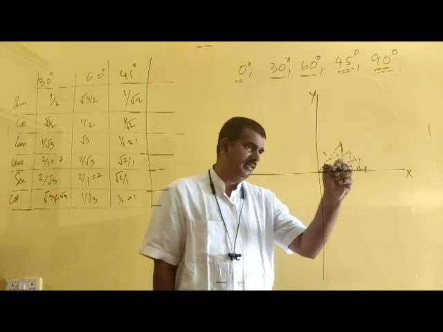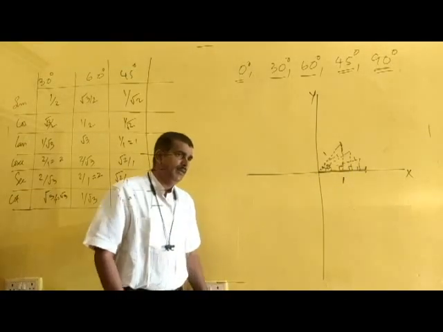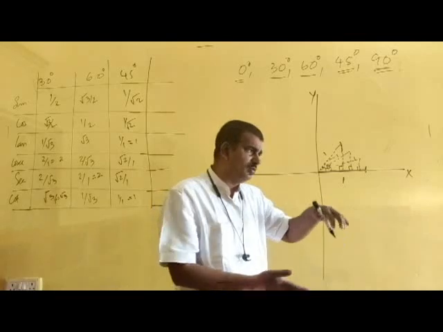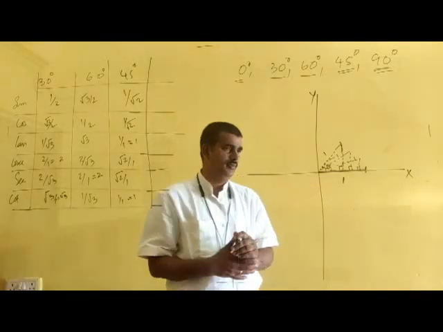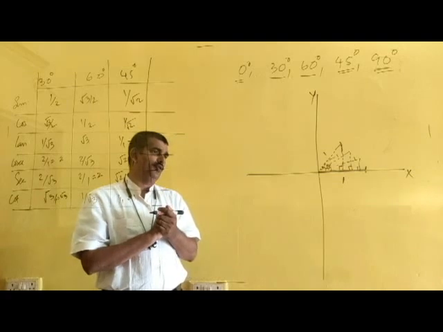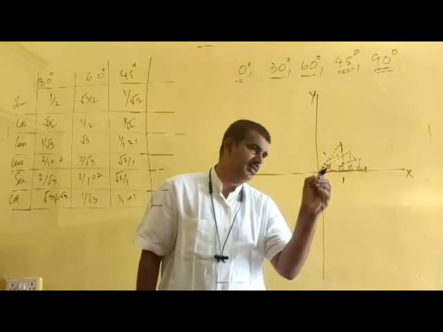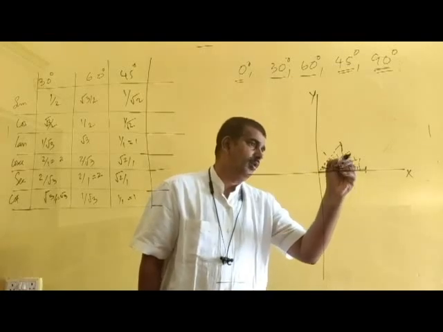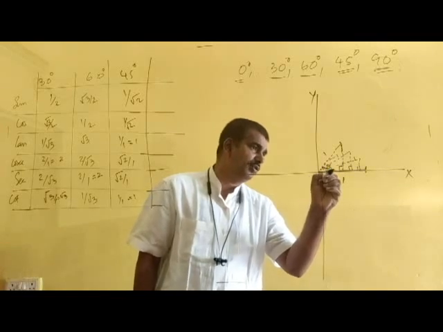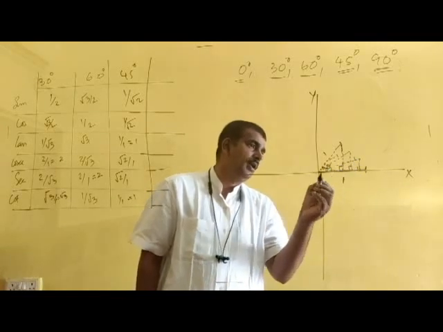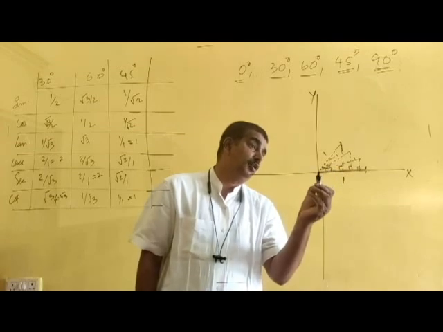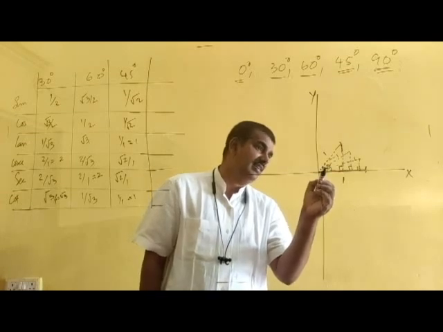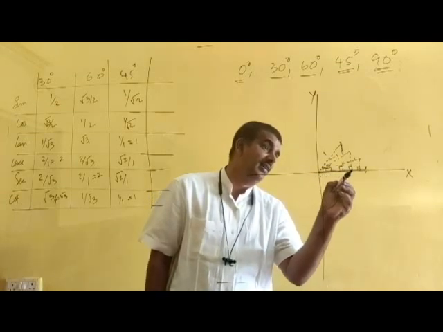So now see, with respect to theta, this is the hypotenuse, this line is the adjacent side, and this is the opposite side. If theta decreases and decreases, at that time this opposite side also will decrease and decrease. Am I right? Of course it is right. See, if theta was this much, then the opposite side is this much. If theta is this much only, then the opposite side is this much. And if theta is this big, then the adjacent side is too small. If theta is decreasing, then the adjacent side will be increasing.